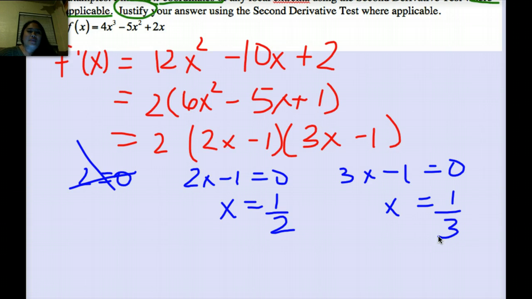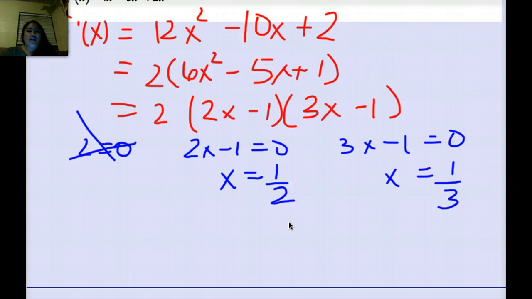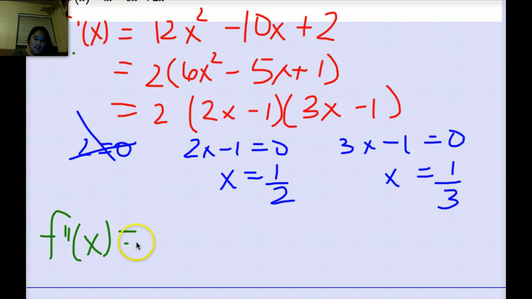Now, the next step says you need to plug in your critical numbers into the second derivative. So what I need to do now is find the second derivative by taking this derivative. I'm going to use this one up here because it's the easiest derivative to take. So I have f double prime of x is equal to 24x minus 10. Right? So power rule, constant multiple rule, and this one is